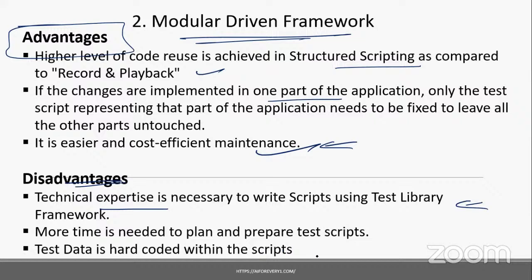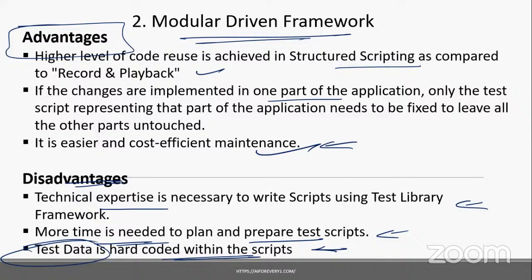And if you want to do this type of development, again, you need to properly plan and prepare the test script. And here also, the problem is that the test data is hard coded. Hard coded means you mention the test data in the script. Just one set of test data can be executed.